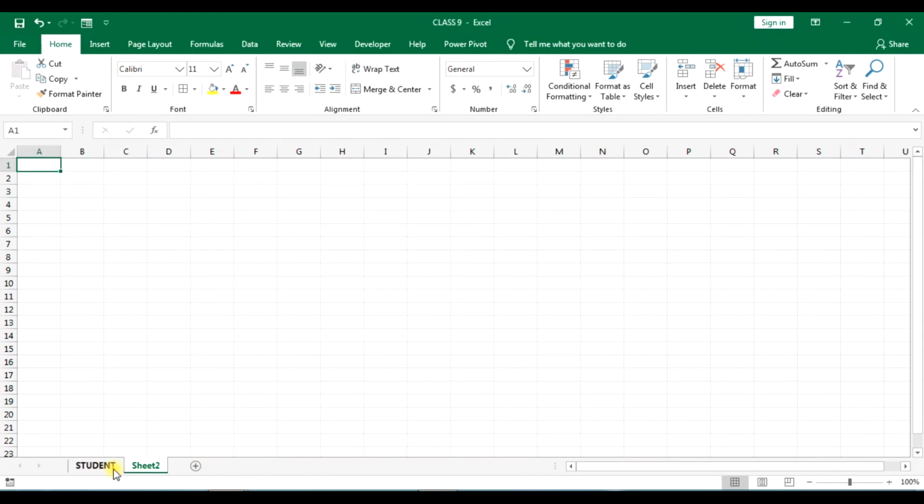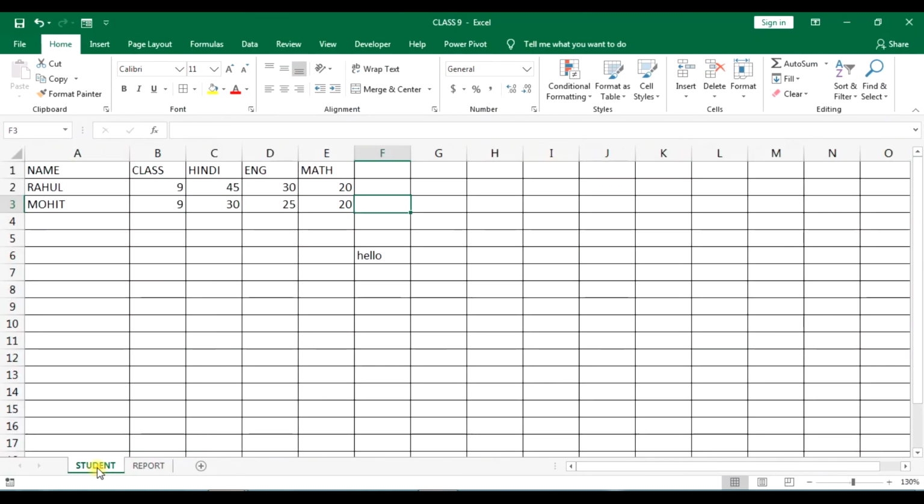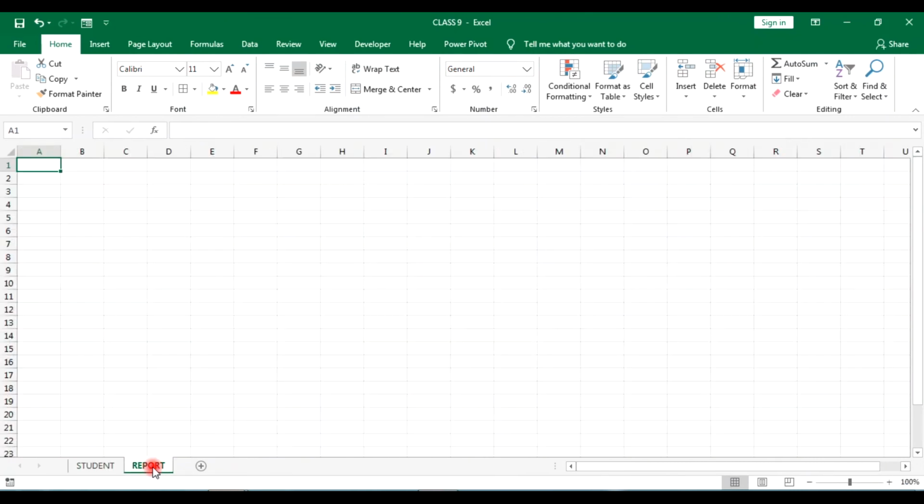You see here, Student has been entered. In this way, again you click on the Sheet 2 tab, right click, and click on the Rename option. Now suppose we name it Report. Clear. So two sheets have been renamed. The first sheet name is Student, the second sheet name is Report.